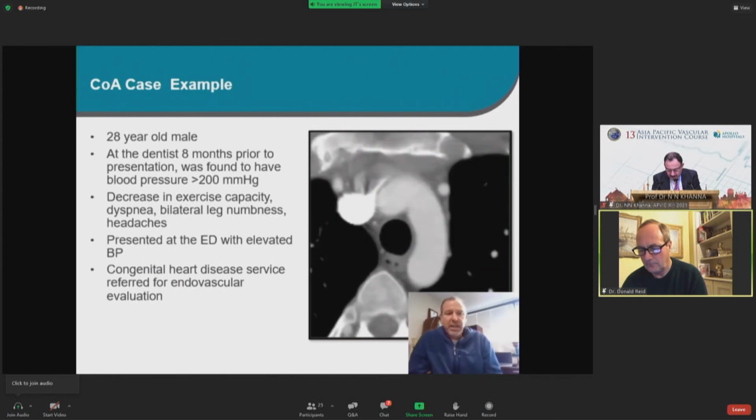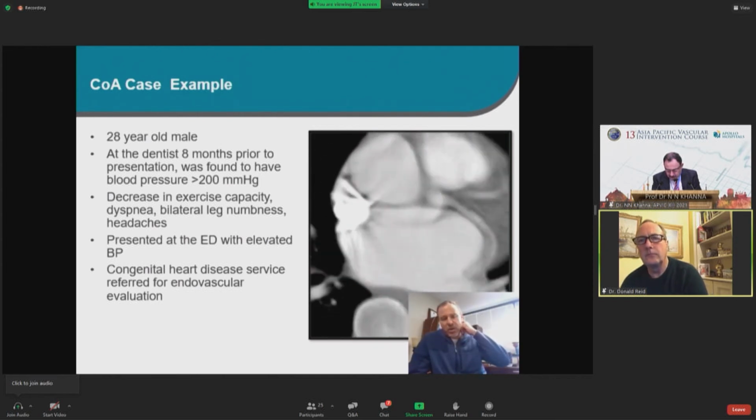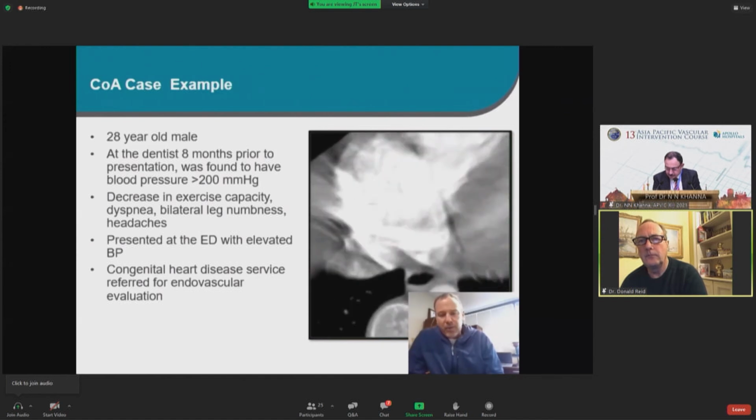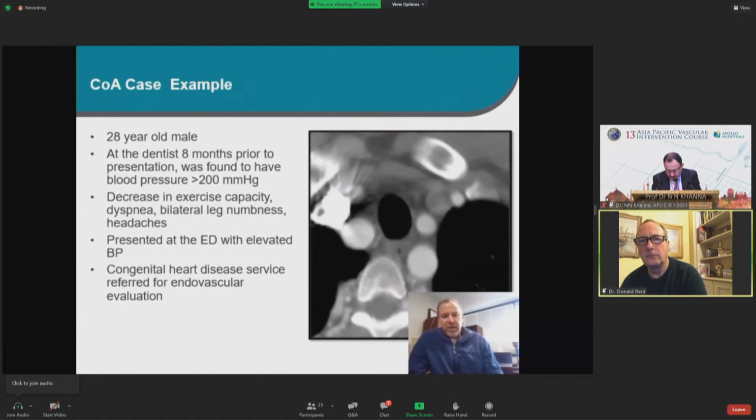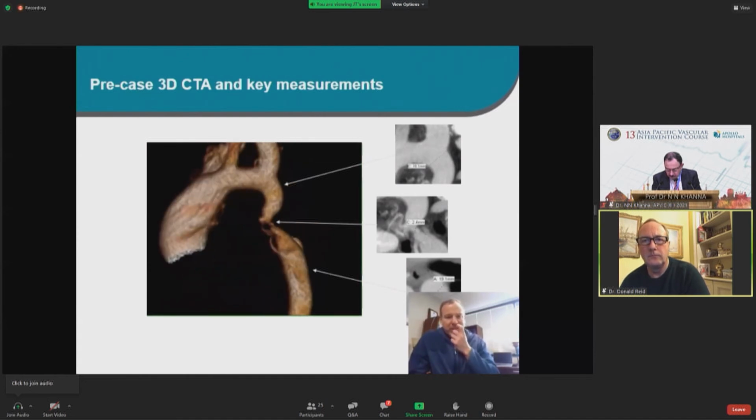So here's a couple of cases. This is a 28-year-old male with significant hypertension, discovered while going to the dentist, referred for endovascular repair. You can see this coarctation right here. Here's a 3D reconstruction, which really demonstrates this quite nicely. It almost has